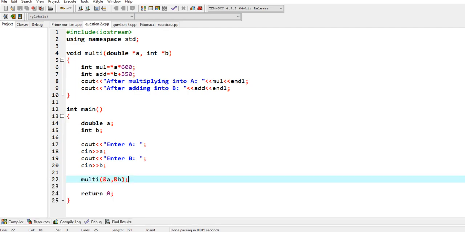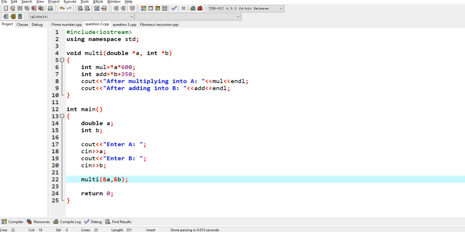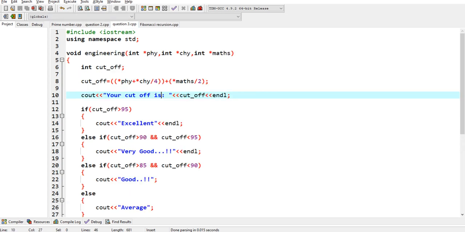After that, the third question was to write a C++ program to get 3 marks of the subject and calculate the cutoff using the formula function. So this is the program here.